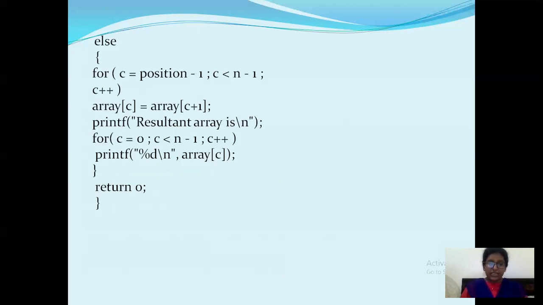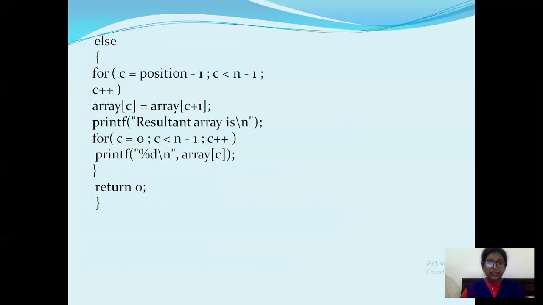Again increment your C. Now C becomes 3, and C less than 4. 3 less than 4, condition true. Then array of 3 plus 1, that is array of 4th value, will be placed in array of 3 now. Like that you are placing the third position value and fourth position value into your position 2 and 3, and you are going to delete the element that is there in your position 2.